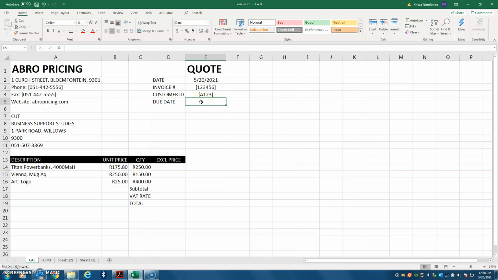To calculate the due date, you're going to say equals to, we click on the date, plus that 14 days that the quotation is due. So that's how you calculate the date. Okay, now here, we need to calculate the